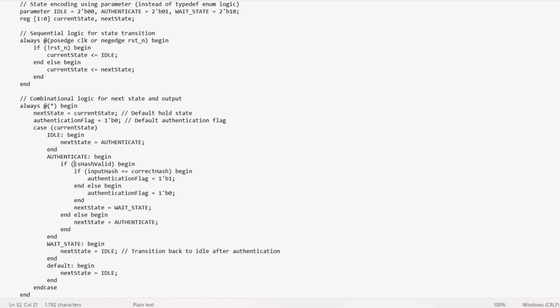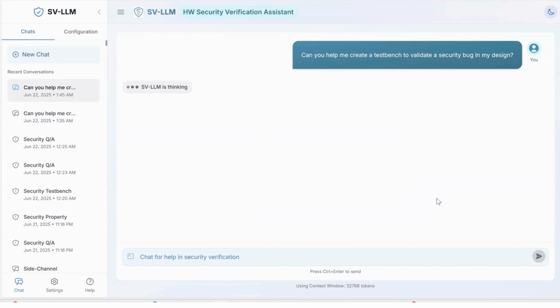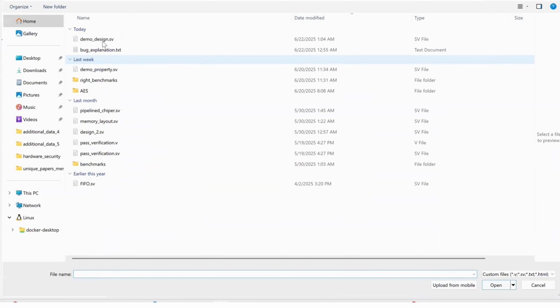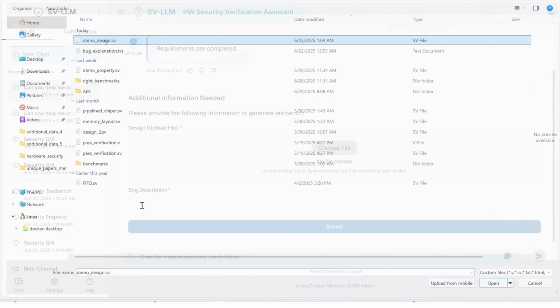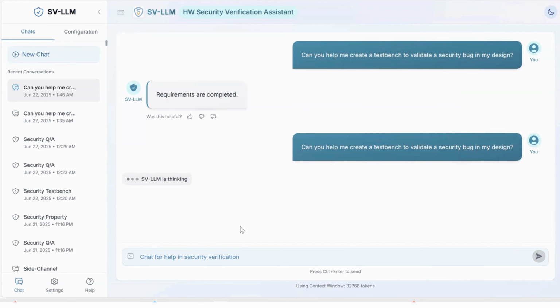This was the RTL which was used in our bug detection framework, and there is a perfect error, a critical bug here. Even if the authentication fails, the system transitions to wait state, allowing a bypass without valid credentials. This is a classic security flaw. And in our SV-LLM app, when we give the query, it asks us to give the bug explanation file and the RTL design, where it can help us to create a test bench to validate the security bug